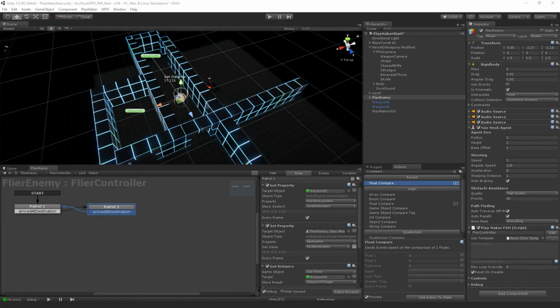Now that we have got our enemy agent patrolling between our two waypoints, the next step is to get it to look for the player and chase the player when it sees the player. So we're going to do this using something called raycast. A raycast is an invisible line from one point to another, and we can get information about the things